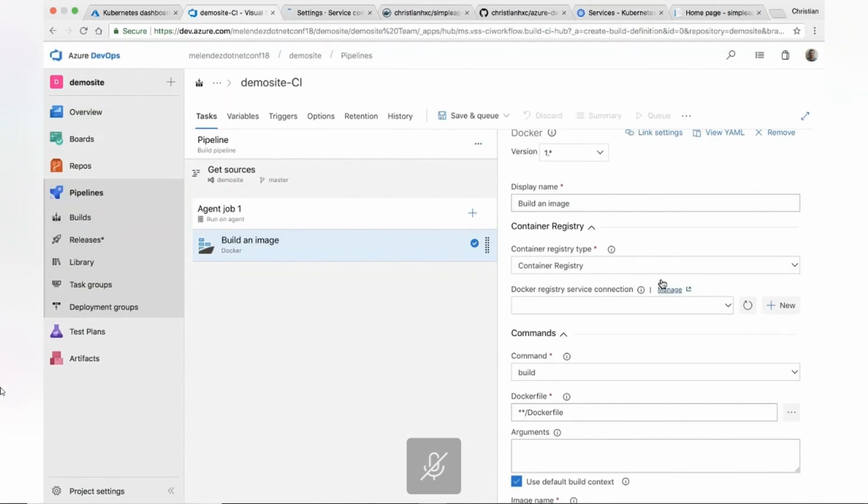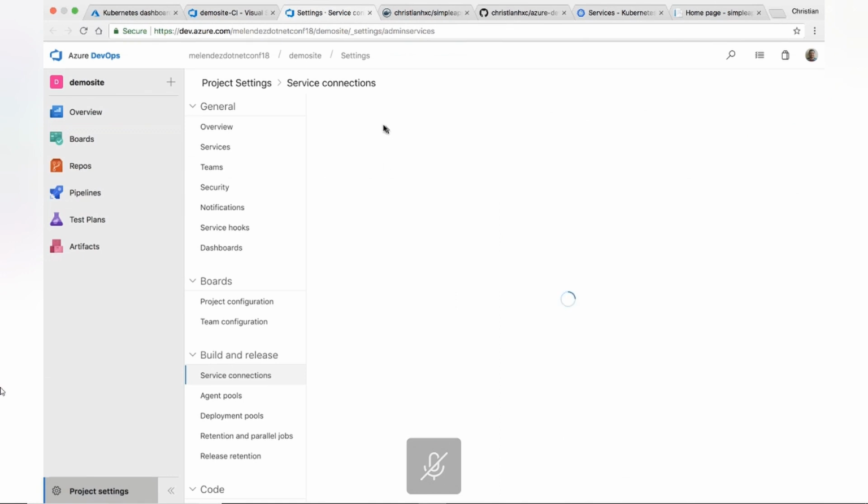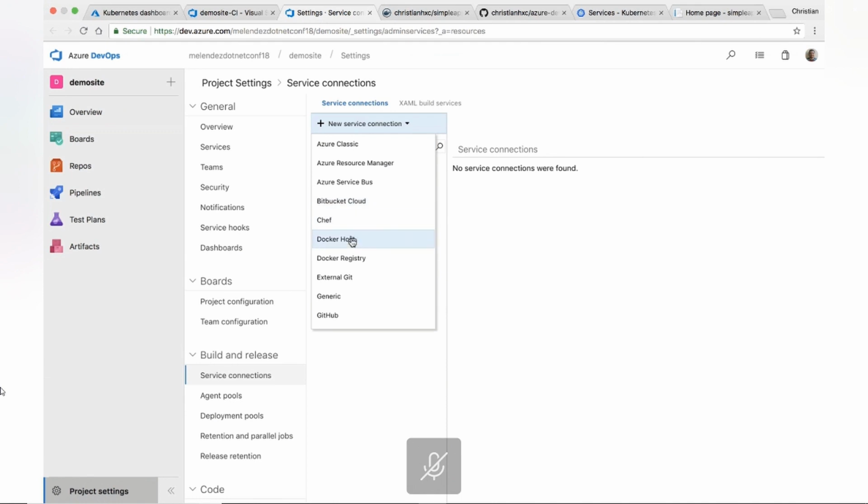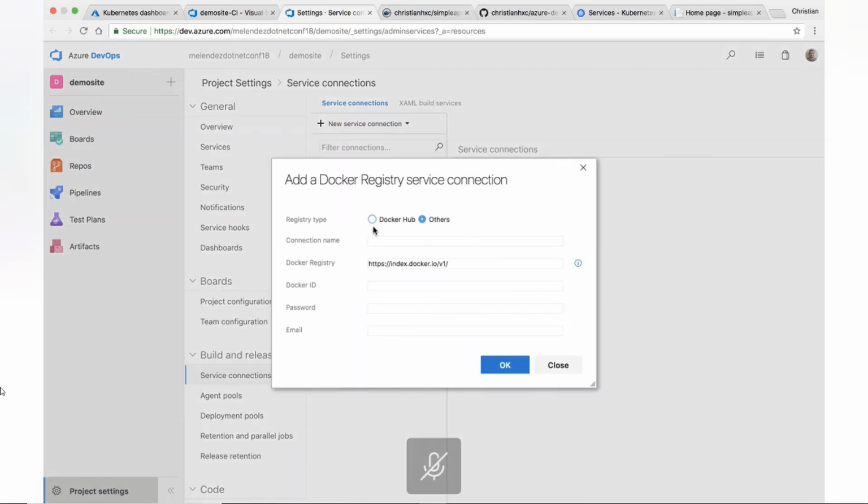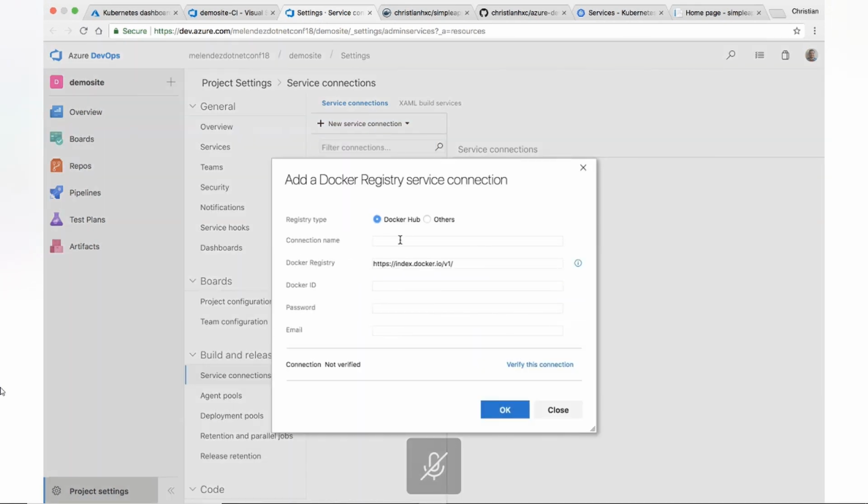Next, you're going to click here on manage. Sorry if I'm doing this too fast. I'm going to create a new connection to my Docker Hub account. So let's click here, Docker registry. Let's choose Docker Hub. I'm just going to put in my Docker